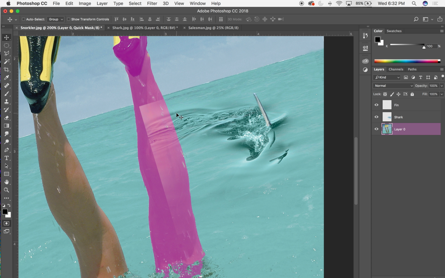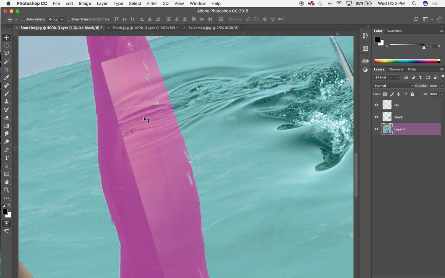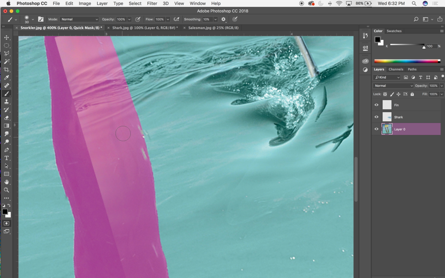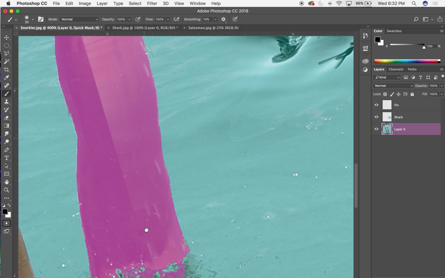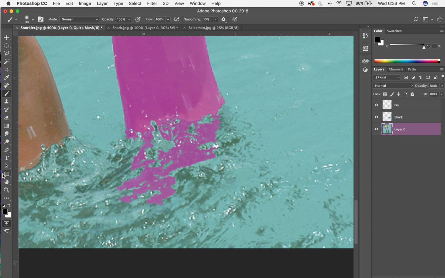So let me see. In my quick mask mode, I have some areas here that are maybe not so selected, right? So I can take my brush in this quick mask mode, and I'll take my opacity up to 100%. And then not having to hold shift in this mode, I can just kind of draw what I want to be selected in addition to. Some of this water here got inadvertently selected too. So